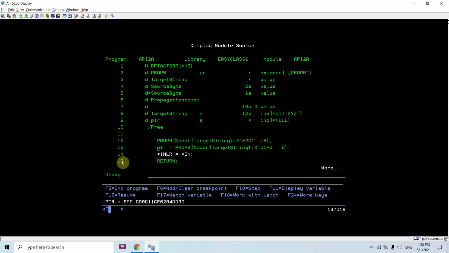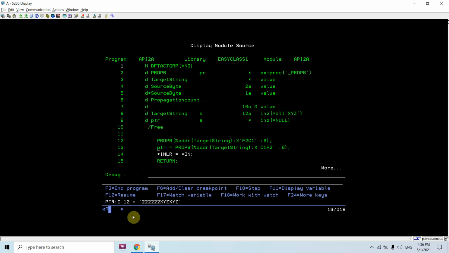So whatever the target string is right now, we have the pointer for the target string. So let me show you the value: ptr colon c, and then its length is 12. You can see the value at this address, whatever the address we have received in this pointer variable.